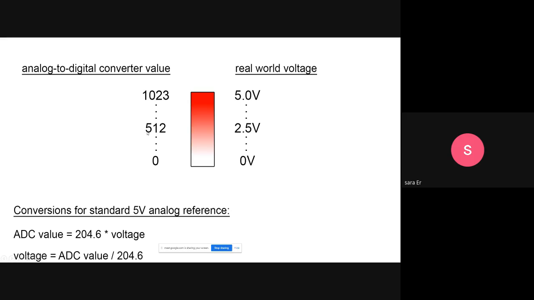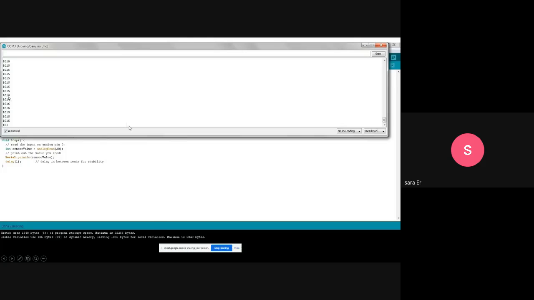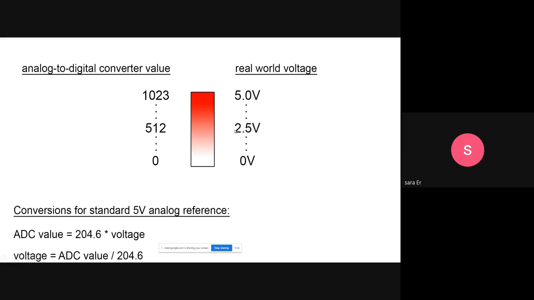For example, if you see the number 512 in the Arduino monitor here, it means that you have 2.5 volts on this pin.